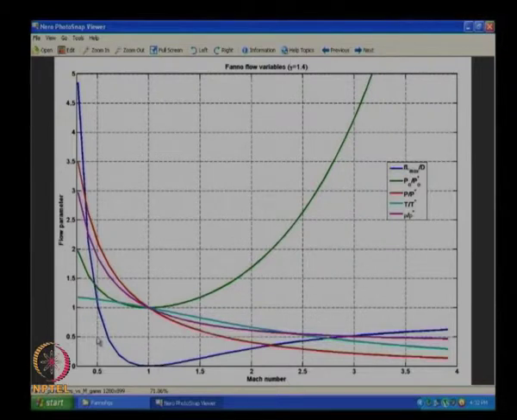So after some particular FL star by D, there is only one solution existing. And P naught, again it looks like there are two solutions, but you have to think about it as P naught dropping from some value to P naught star, that is the way you have to look at it. Let us go for the red curve, pressure P by P star.